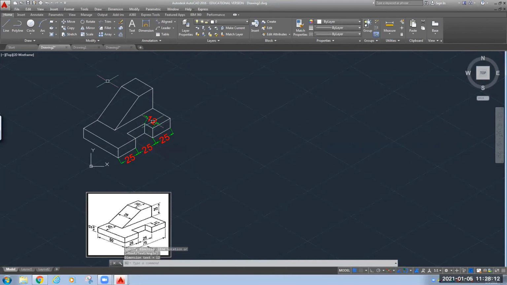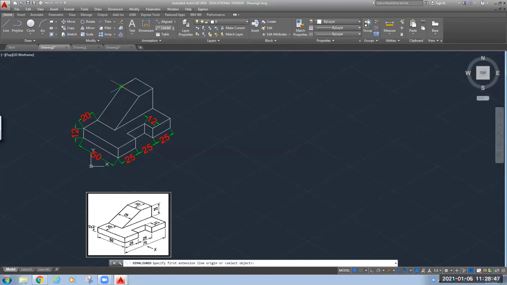And this location, this is your 50. This height is your 12. This distance is 20. As you can see here, it is 20.